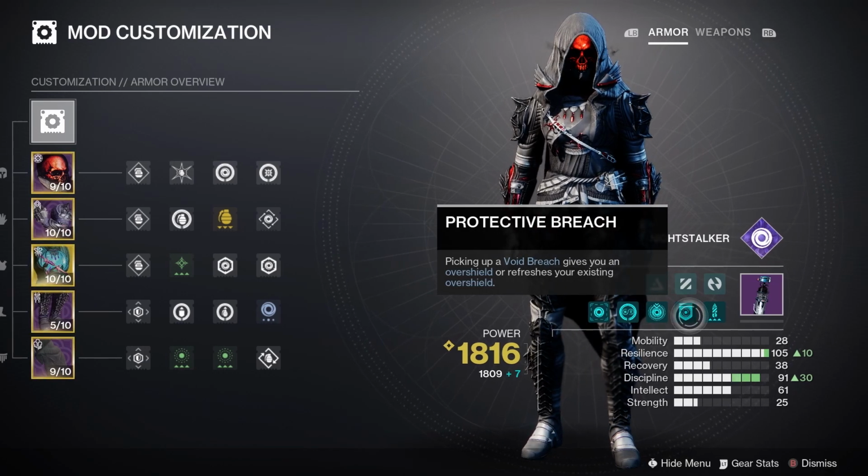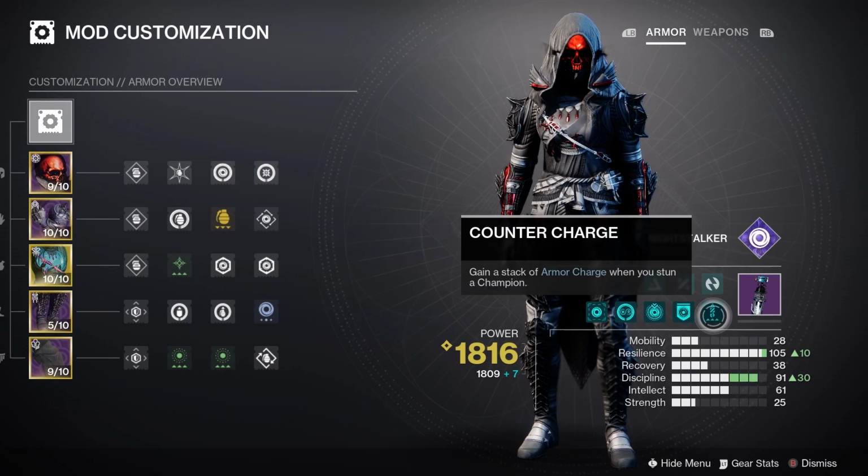But then protective breach is picking up a void breach, gives you an overshield or refreshes your existing overshield. So you can see you're running around picking them up just so you can get an overshield. Again, even better. And then counter charge, which is you gain a stack of armor charge when you stun a